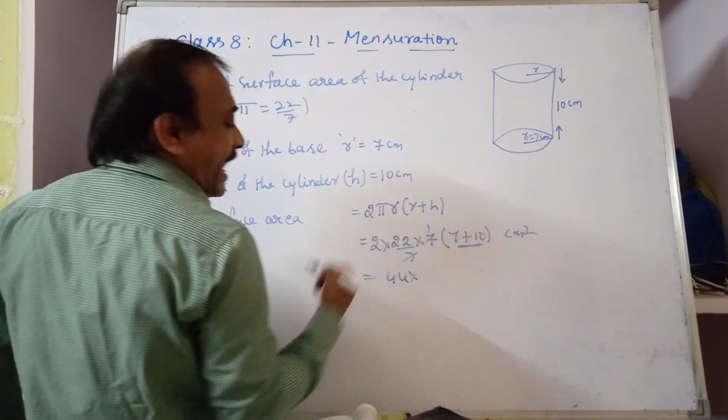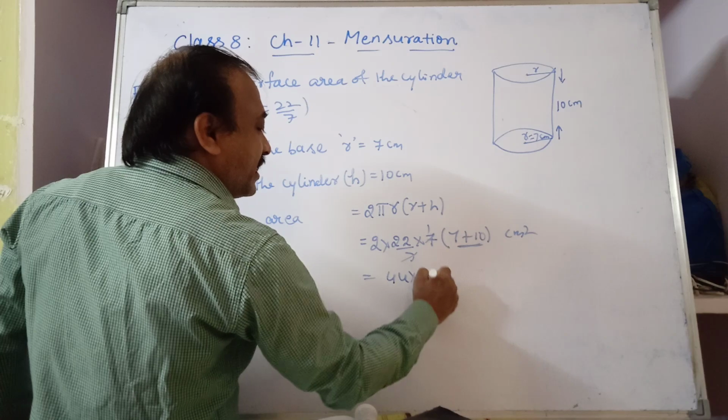You see here these two you have to add. 7 plus 10 is nothing but 17